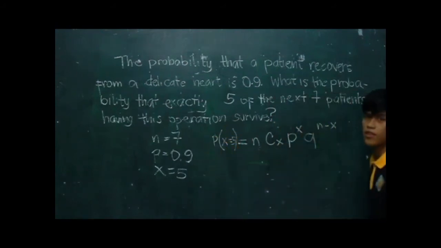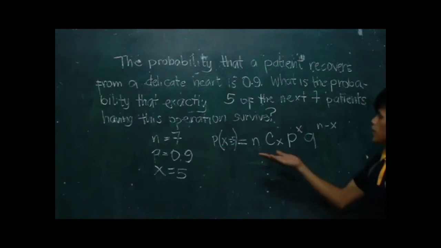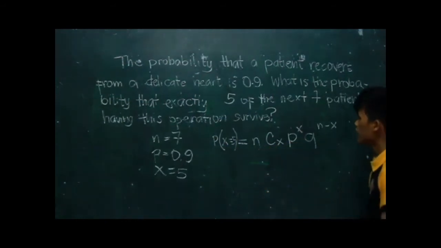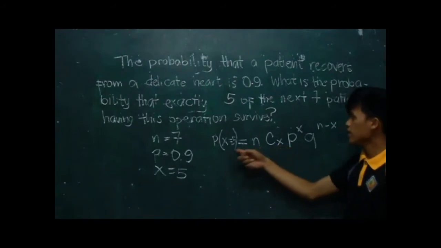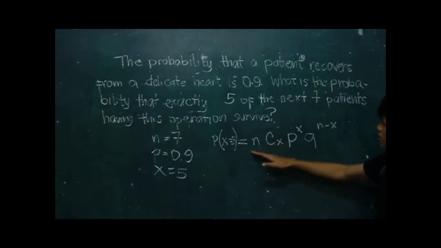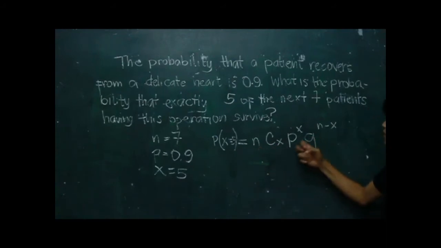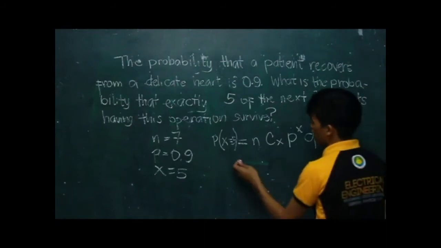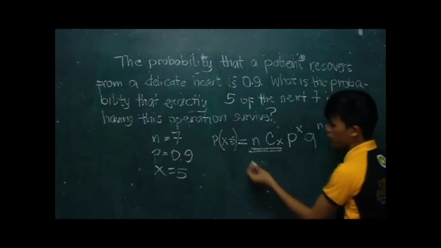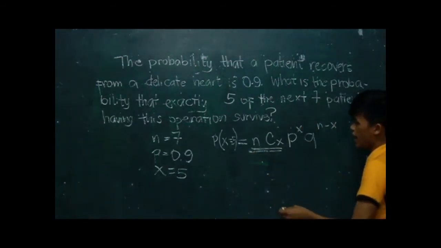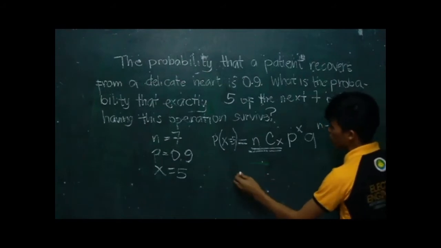So again, I'm introducing to you the said formula which was discussed earlier. We have here P of x = 5 is equal to n combination x times p raised to x times q raised to n minus x. So this given formula here, remember guys that this is just a combination formula, and we will now input our